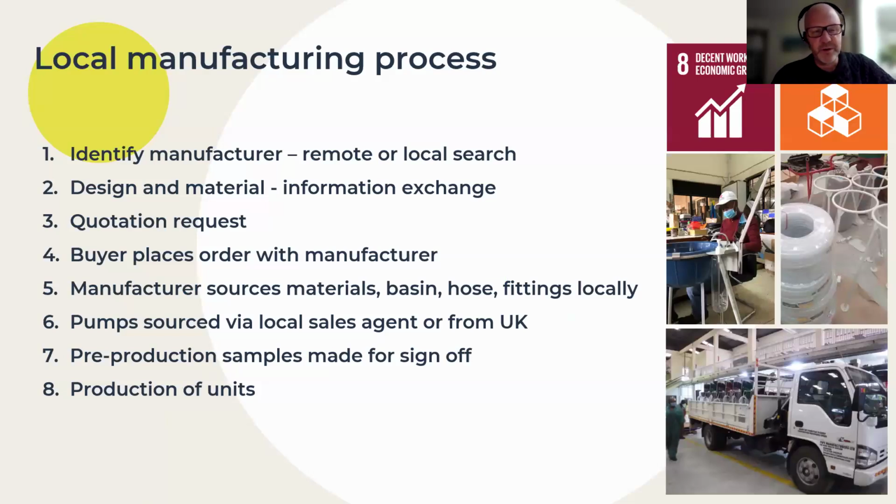Just to talk quickly about the local manufacturing process. It has been an unusual aspect of this project. So the process we went through to find local manufacturers was to, first of all, identify a manufacturer. And if you're doing that from London, as we were, you have to do a remote search online to find companies that are able to do it. It is kind of nice to be able to do it locally as well. So people on the ground could do a local search of steel fabricators who also assemble products to find people who can do it. The second step is to